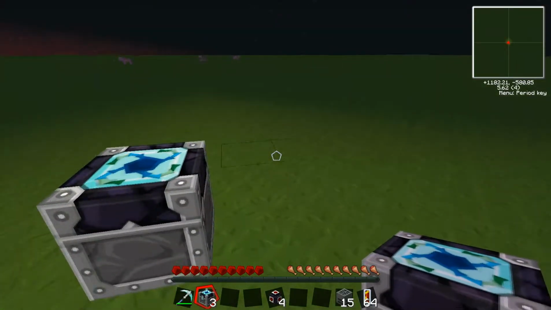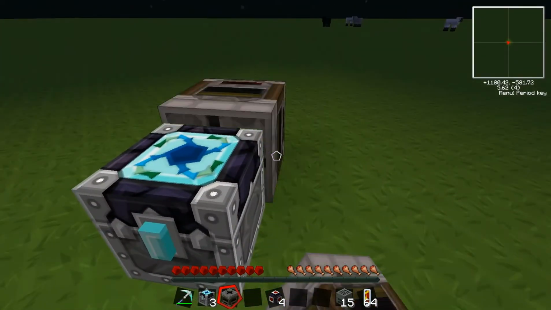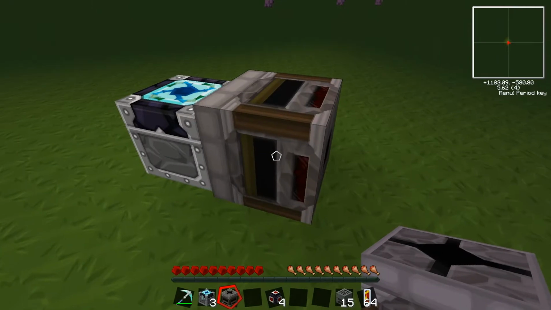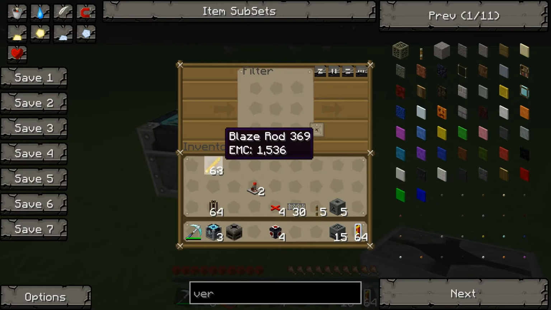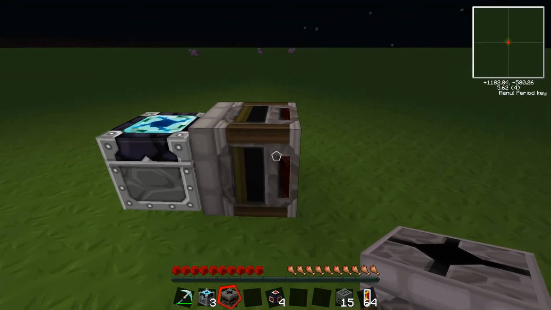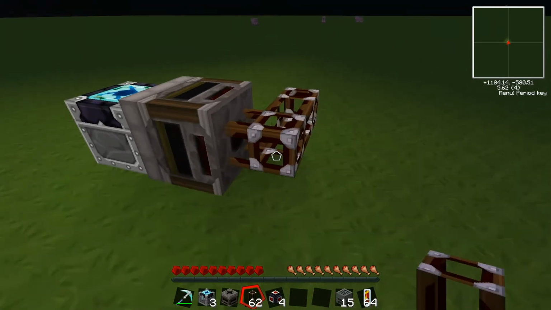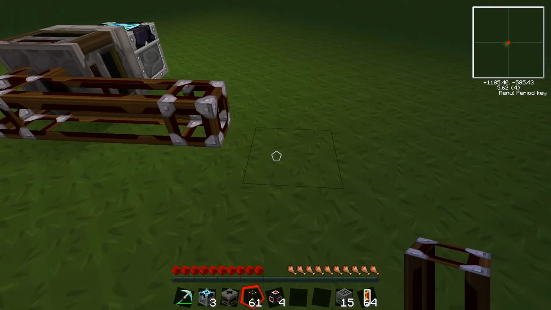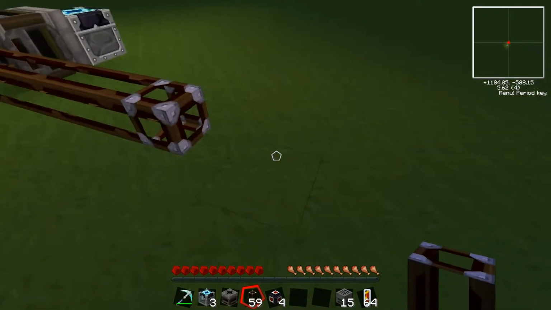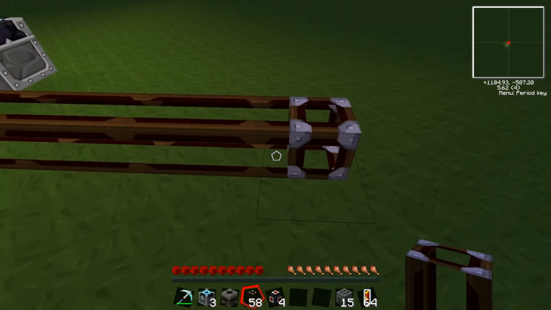Right, and then from here we will have a filter. I think that's the right way. And in this filter we will put 1, 2, 3, 4, 5 of those. And then we'll have some redstone tubing going along, so we got 1, 2, 3, 4, 5,